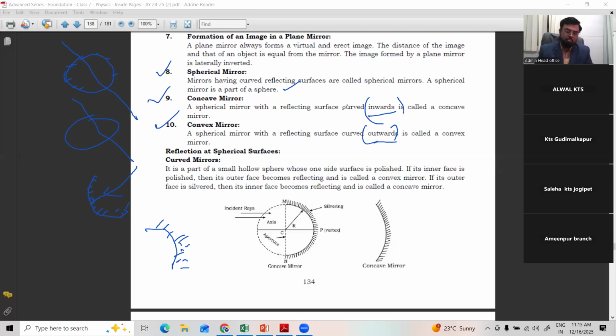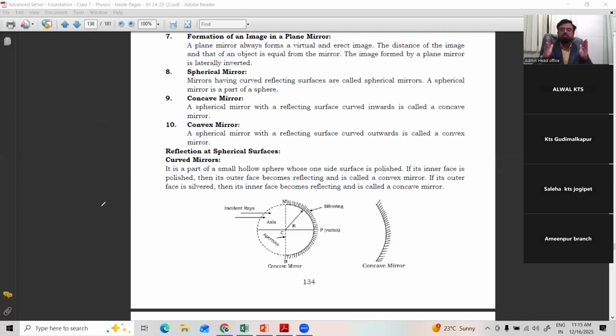convex mirror. Both together are called spherical mirrors, which are part of a sphere. When a sphere is cut through the center, the two pieces can be used, in which one has an inward reflecting surface and one has an outward reflecting surface, which are named concave mirrors and convex mirrors. Okay, so we'll complete the video about those two spherical mirrors, then we'll move to the